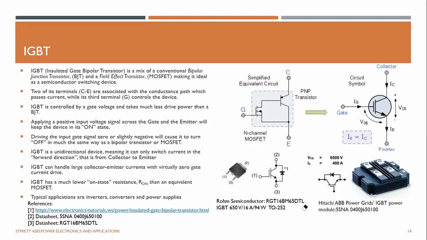So they can come in different packages. This is a simple example of a semiconductor TO252 package type IGBT, and the maximum voltage it can stand is 650 volts across the collector and emitter. This is the maximum voltage, and 16 amperes is the maximum current that can flow through the transistor. And if you want a bigger